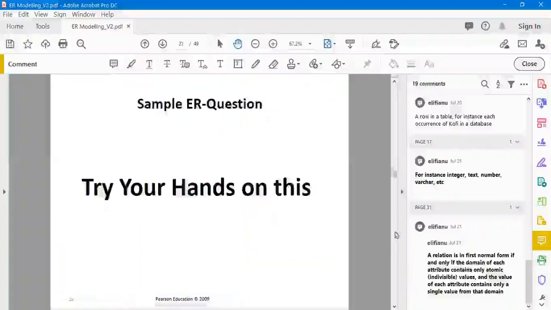Okay, so now I'm going to give you some specifications, and you try and come up with an ER diagram or model based on the specification. So please give me